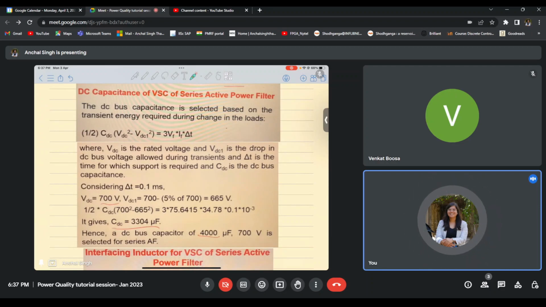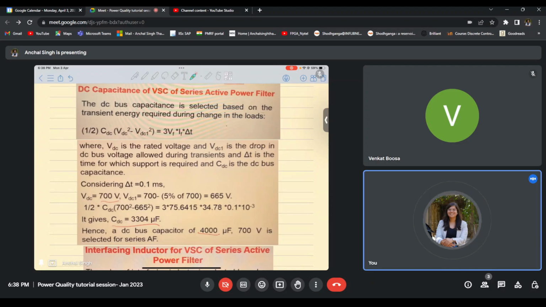Now, since we know that the topologies are the same for all kinds of compensators, the only thing that is going to change here is the value of these parameters. The rest, everything is the same. We have to find this DC link minimum from the delta VDC that we told, that minimum of 5% can be divided to 10%. It's a design problem. So whatever is the need for an application, you can decide your VDC minimum to be that. And using this energy balance equation and putting the value of VF and IF that we had just found out in the previous part, you can use it in this equation in order to determine the value of